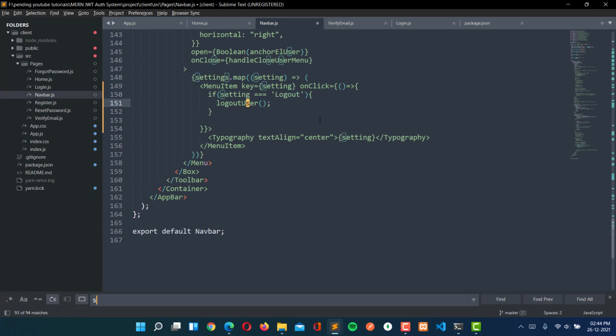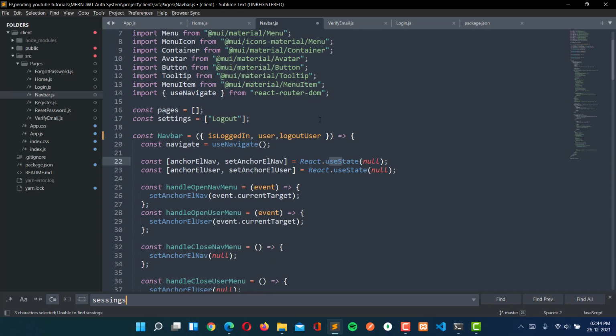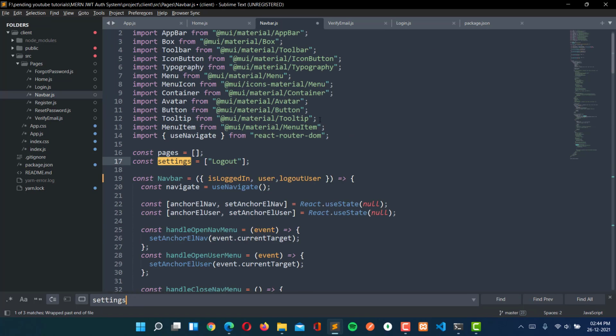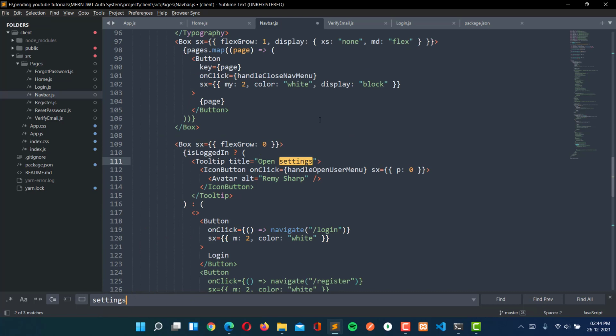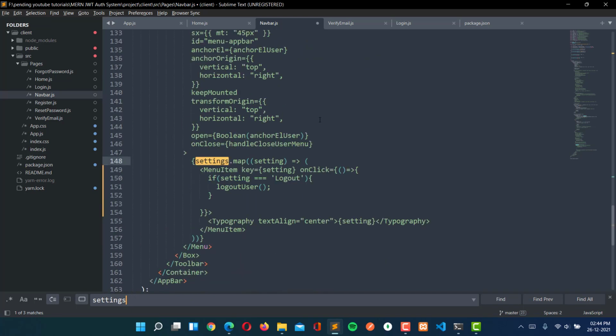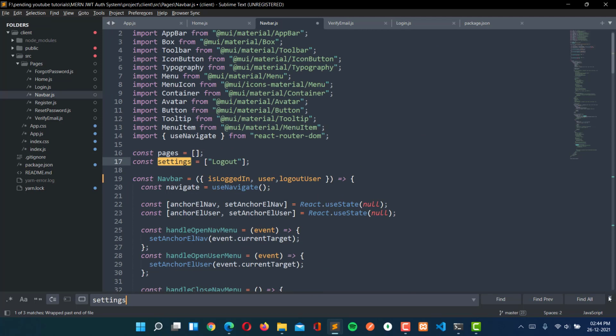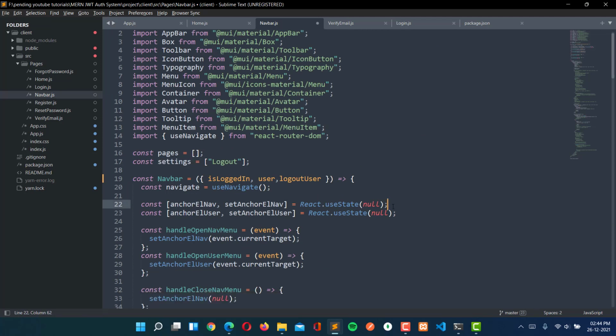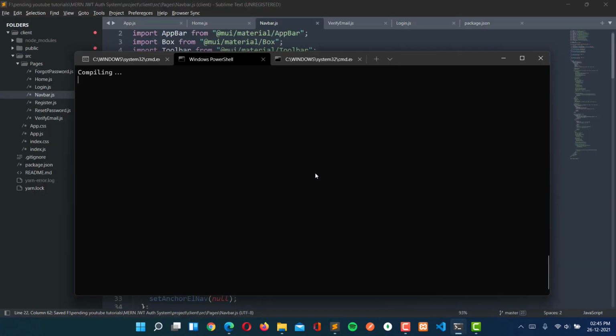So let's find this settings. Open to this three. So these three things only we have. So let's save this now, and let's wait for the compilation.